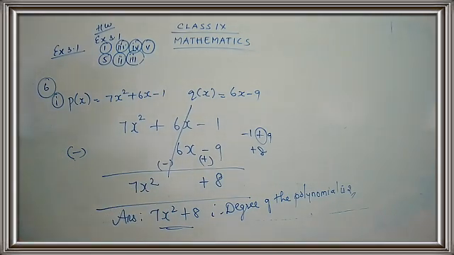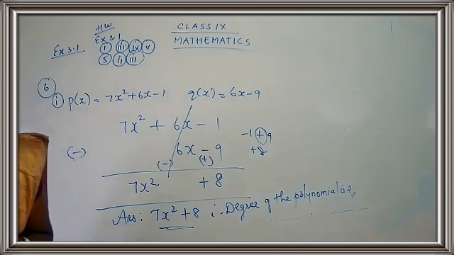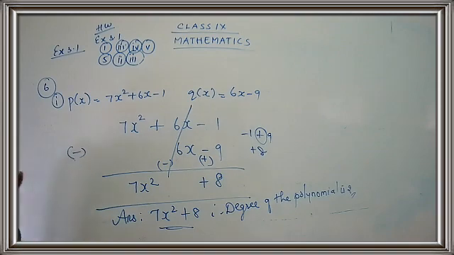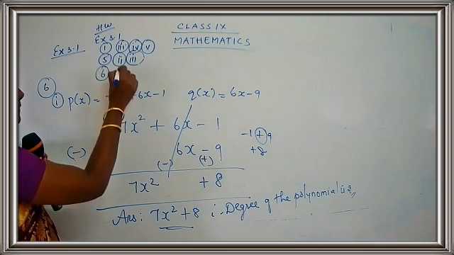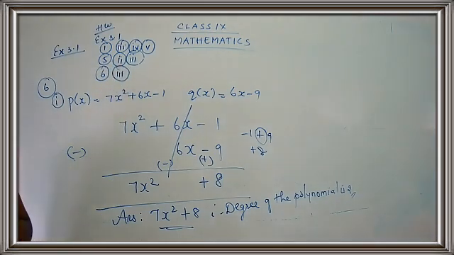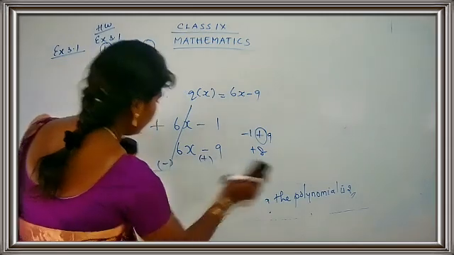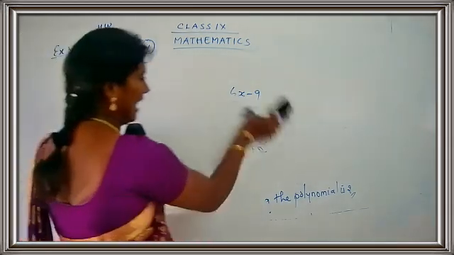I'll be doing one more sum so that you will be clear with this concept. So let us take the second subpart from question number 6, which is on the next page, children. Okay, we'll do the second subpart, no problem. The third subpart will be your homework, because we will be doing 2 sums in the classwork and you have to try out one more sum as homework. I'll be doing the second one, you are going to do the third one. Shall we take on the question, children? Come on, let's do the sum. Very simple, only the thing is the arrangement and the calculation, that's all.